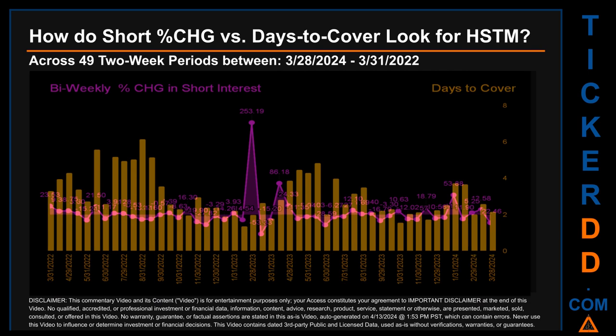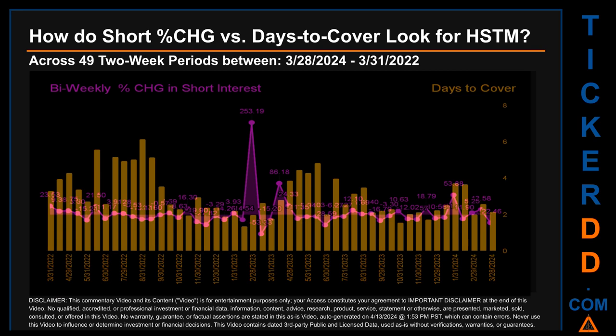Zooming out, I looked across 49 2-week snapshots, from latest found, March 28, 2024 to oldest found, March 31, 2022. In the graph, I overlaid bi-weekly percentage change in short interest against days to cover. Across these 49 two-week snapshots, the average percentage change of short interest was about 4.23%. Other interesting data points include: the largest percentage increase in short interest was